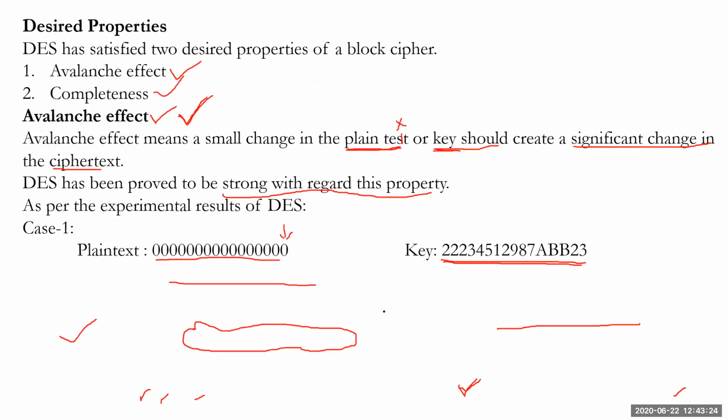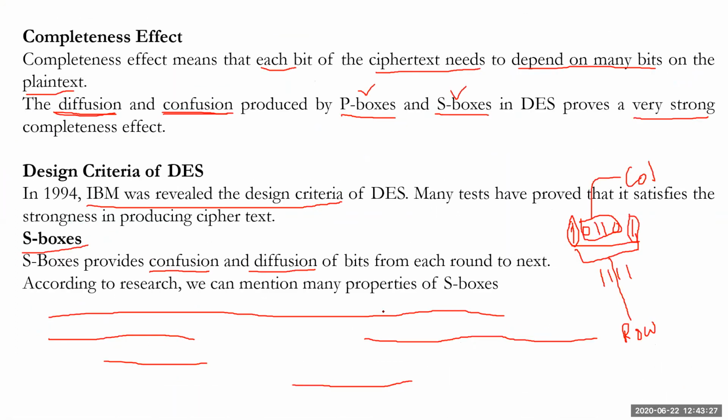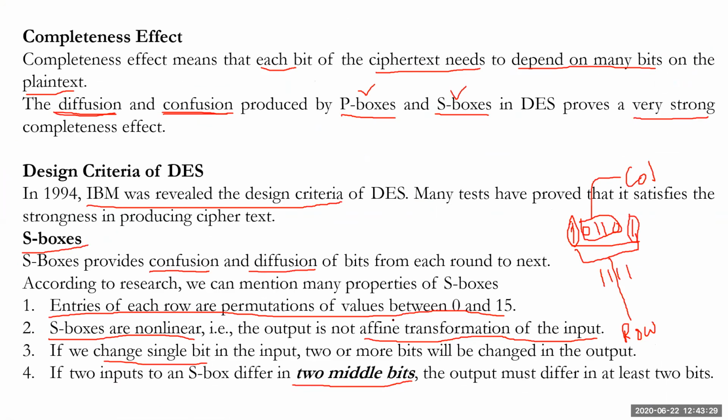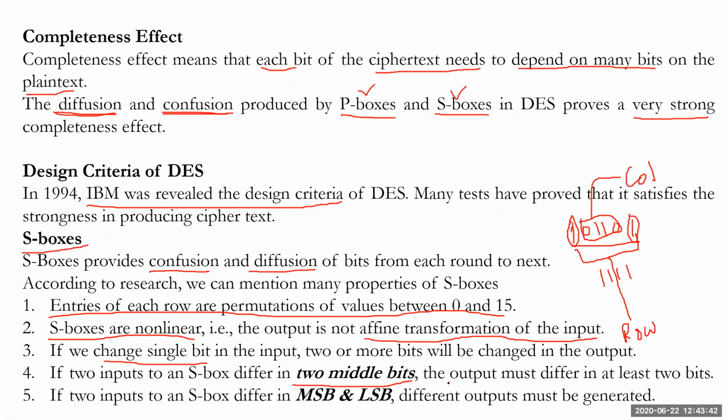However, if you change two bits in the middle, in the sense from the second position to the fifth position, obviously a huge change will occur. Similarly, if you change that particular point, at least two bits will be affected based on the changes in the middle. Whereas if you change the bits between the MSB and LSB, the output will be completely changed by the S box.